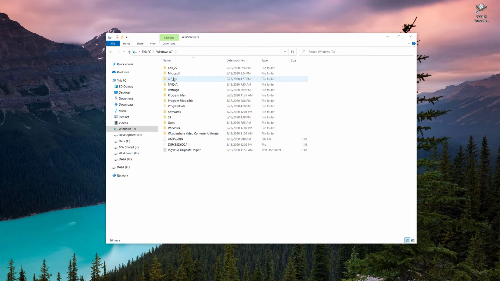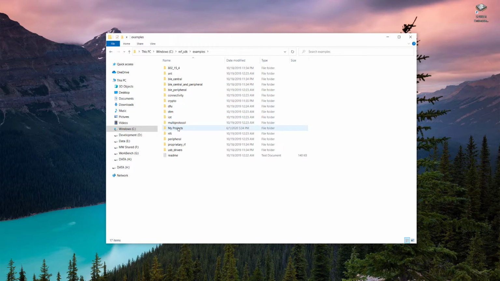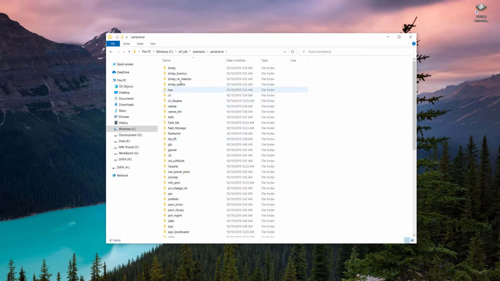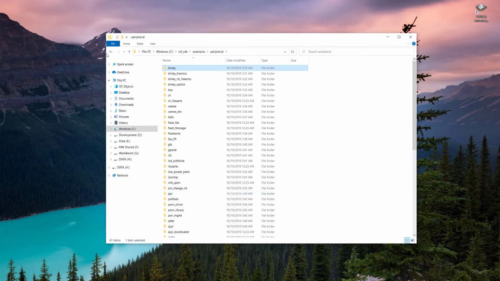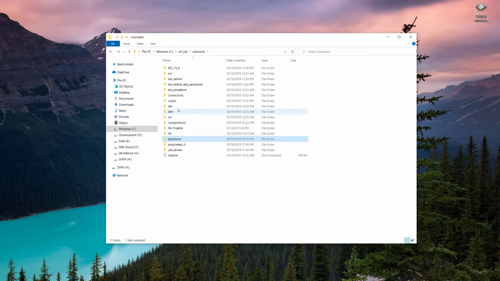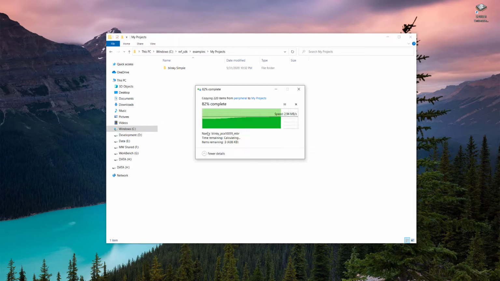Here we already extracted nRF SDK. So we go into the examples. Here we created our my projects folder in the previous tutorials. So first of all, we will go into the peripheral, copy the Blinky, and then go to my projects, paste here,